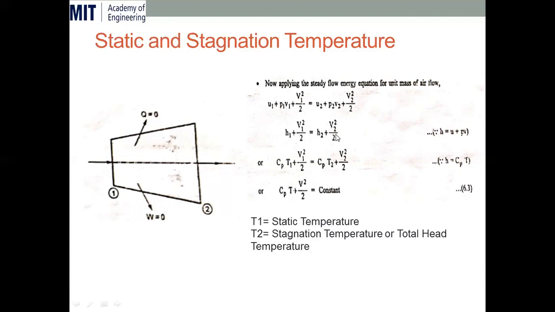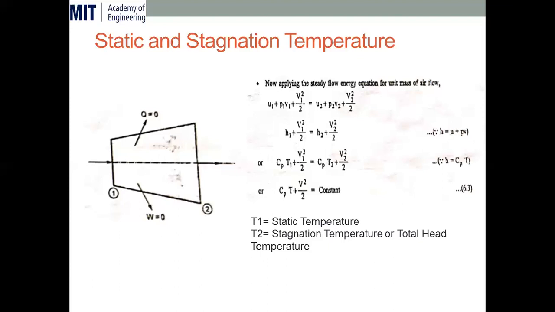is equal to h2 plus v2 square by 2 plus datum energy plus work done. But q and w are 0, so they will get cancelled, and z1 is equal to z2, so the datum head will get cancelled from both sides of the equation. So remaining is h1 plus v1 square by 2 is equal to h2 plus v2 square by 2. And h is equal to u plus p into v, so internal energy plus pressure into